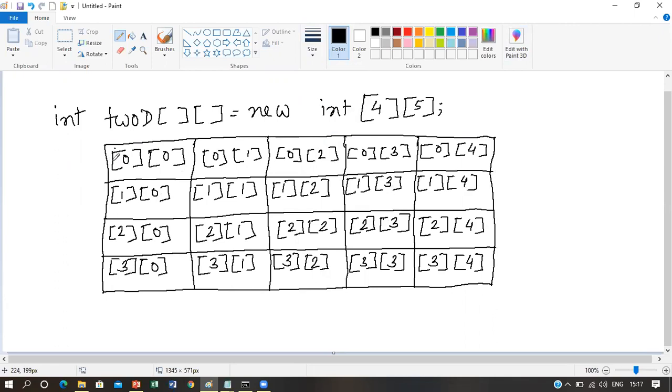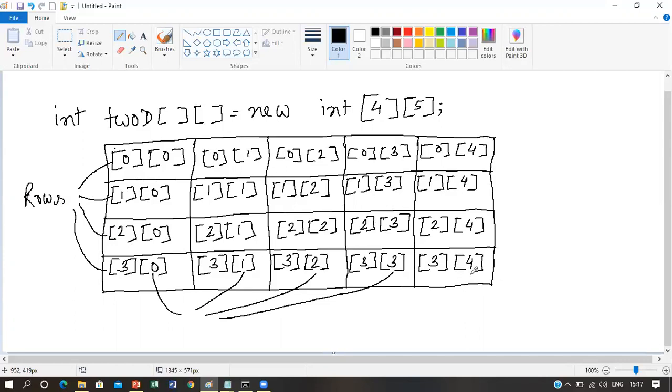So these are the left indices, which are known as rows, and these are the right indices, which are known as columns.